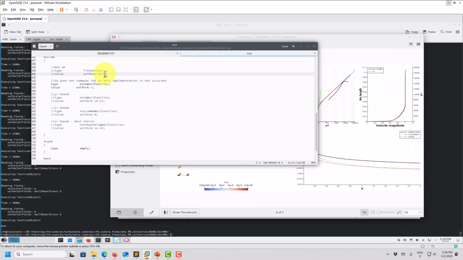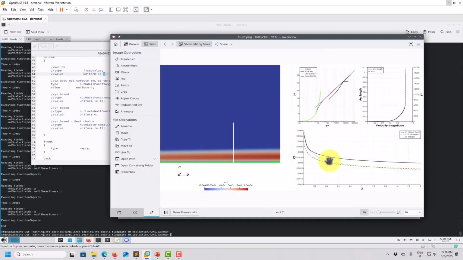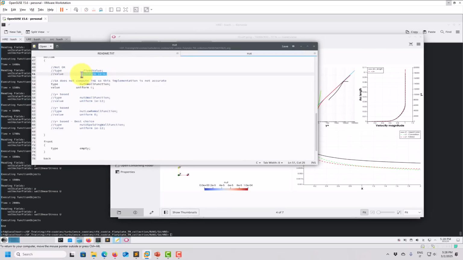If you reduce this value, probably you put -8, maybe you will get closer to match that one. Okay, so it depends on this value. So what we're doing here is fixing the value there at the wall, which is not correct because we know